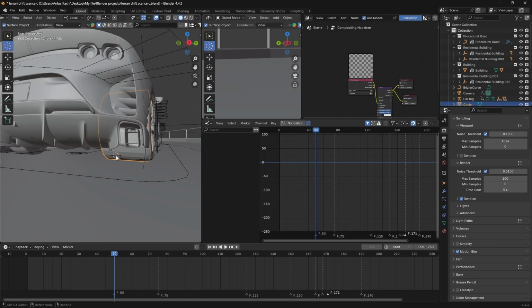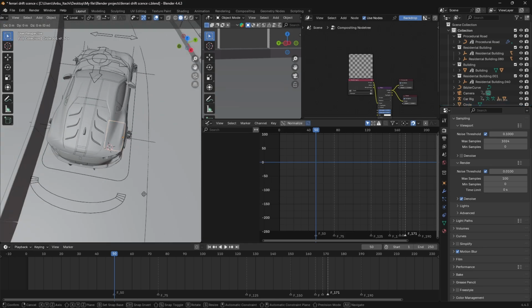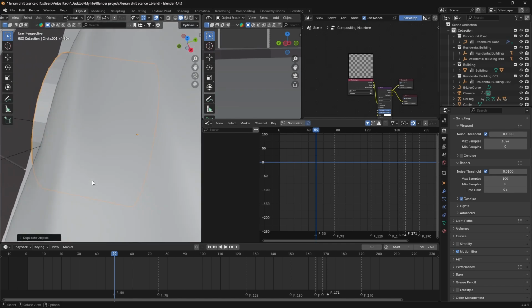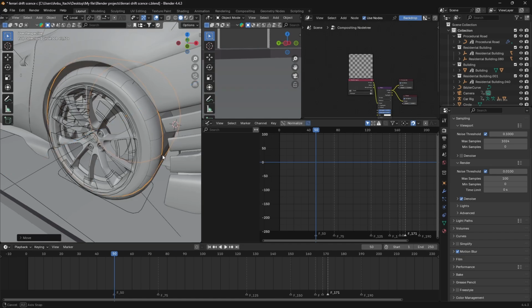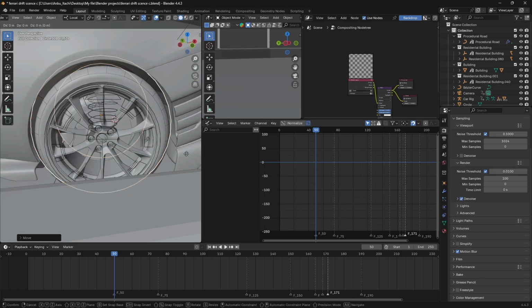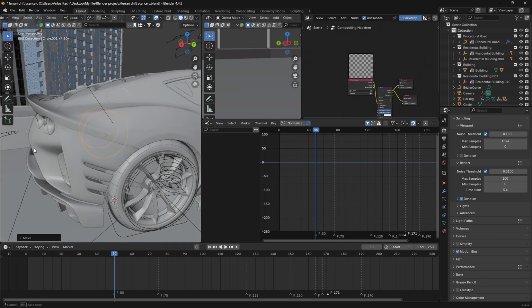Then we're just gonna select our thing and duplicate it to the other side. I'm just gonna press Shift D, and in my case this is the Z axis, so I'm just gonna move it like so, and make sure it is aligned with this wheel as well. I'm just gonna place it like that, and then after you place it, we're just gonna parent this to